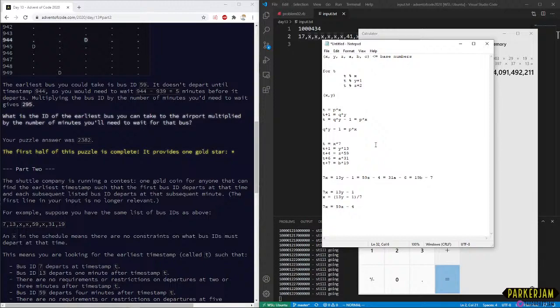And we also know that 7x is 59z minus 4. But we already knew that, 59z minus 4 equals 13y minus 1.